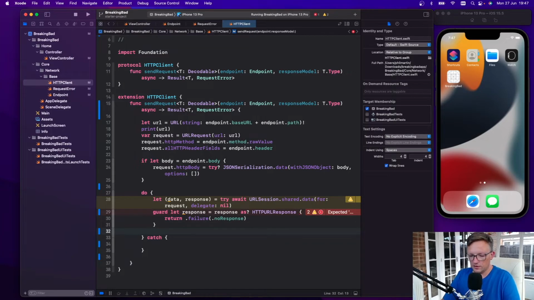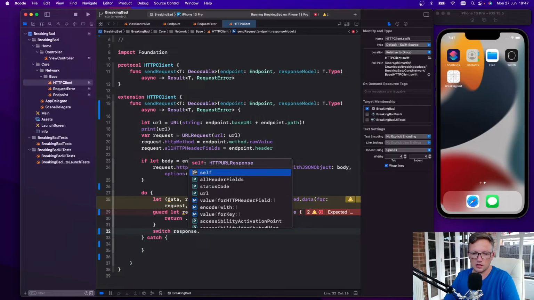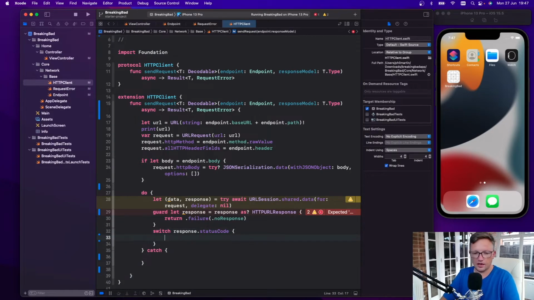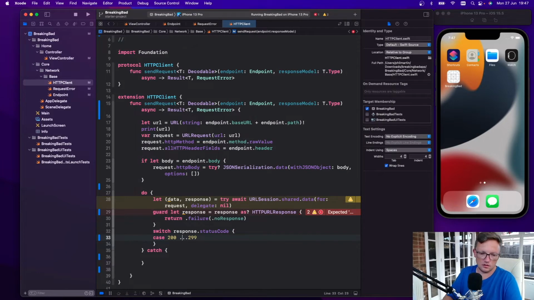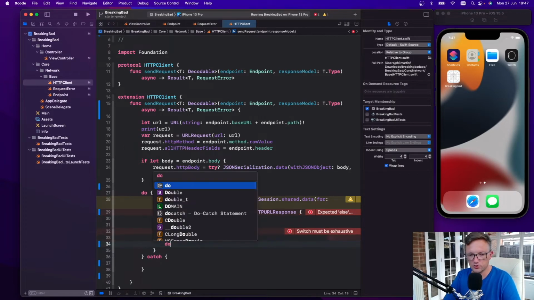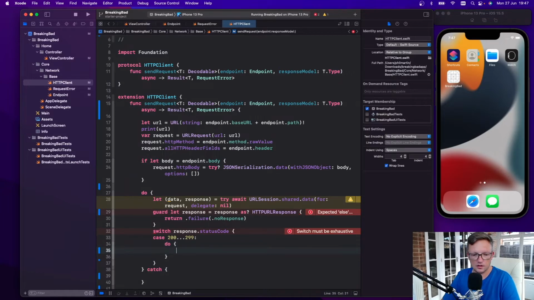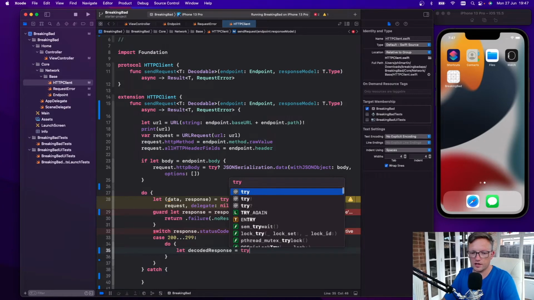So now we need to do a switch response.statusCode like that, and then we'll do a case 200...299. Don't need the space there. So if we get a 200 back, we need to do, and we're going to try and decode our response model now. Decoded response like that, and then do try